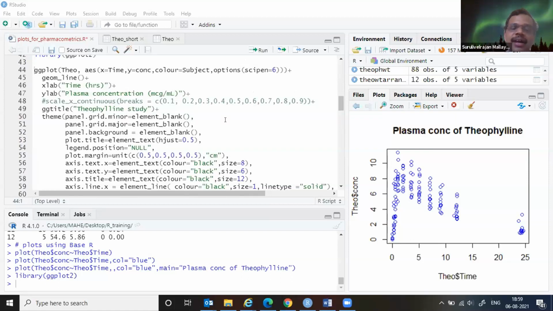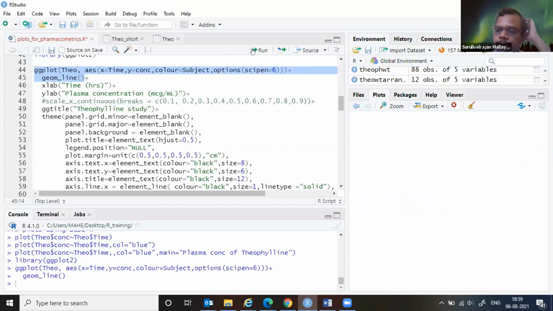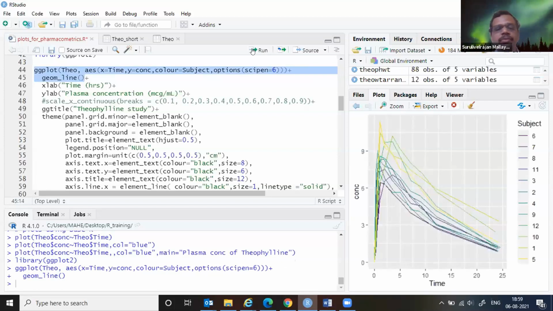Now, as I said, I will go layer by layer. We'll keep the basic version and then try to see how the plot looks. Okay, so first let me draw a very basic plot. I'm giving the basic information, and the observations are given as a straight line, called geom_line. Okay, now this is how the first level of plot looks.